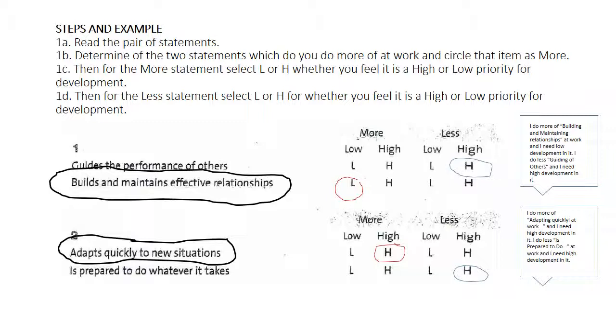This is how you will complete the questionnaire, reading each question set and selecting from the 2 which is the more, rating that one, and then returning to the lesser even in that statement set and rating that one as well. Take time to read this over and note to the far right that there are some caption boxes for you, just showing again by my selections that I've made what that actually means. So take time to do this